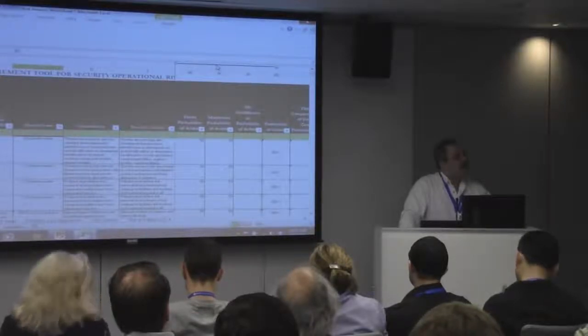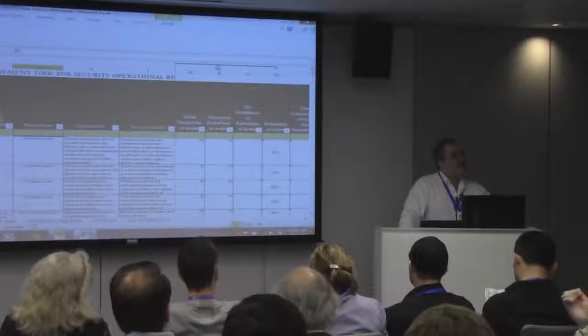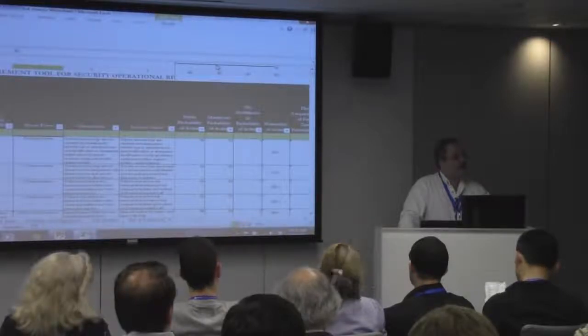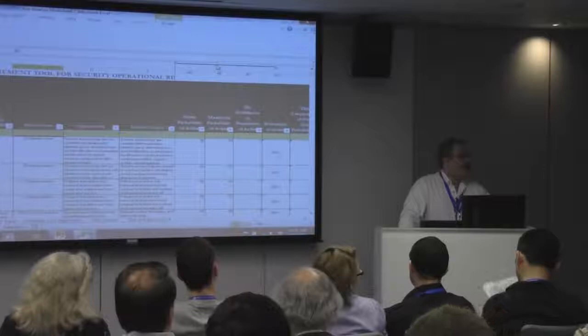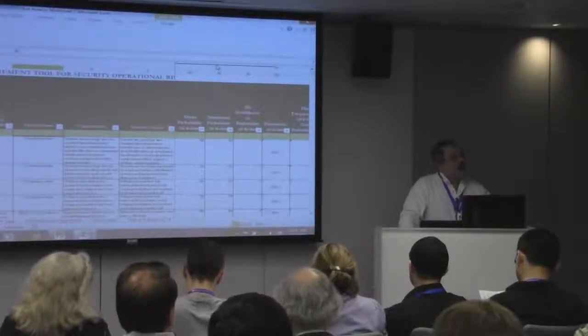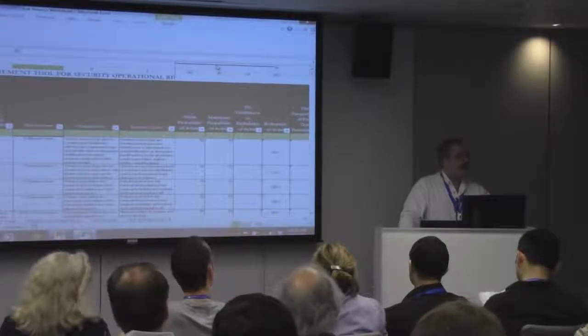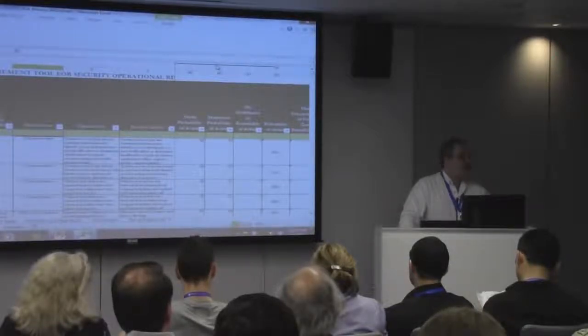Certainly what Anonymous did to Sony with their attacks was very colorful, made the news, but in terms of actual dollar values on the balance sheet, it had a negligible impact compared to what other attacks have, as an example, the attack on Hannaford and what that did to their bottom line. So yes, PCI data may not be what Anonymous is going after, but the impact to the organization if you get compromised is significantly higher. And do you want to be managing your risks based upon reputational data or based upon actual harm to the organization? The answer to the question is yes.